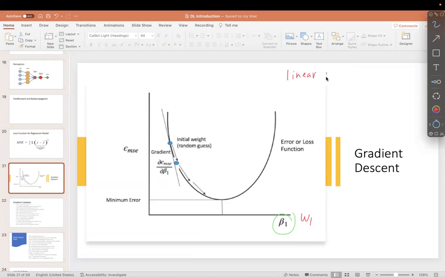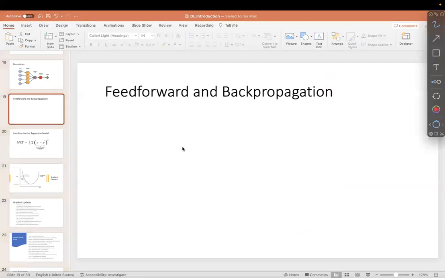The error function will look like this. For a neural network, of course, it won't look like this; it is a little more complex. And this is the minimum error, so that's the optimal value of the beta. But if you look at some error function, even when it's a convex function,